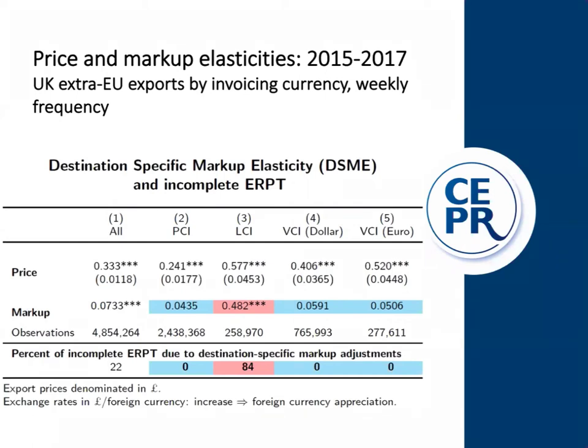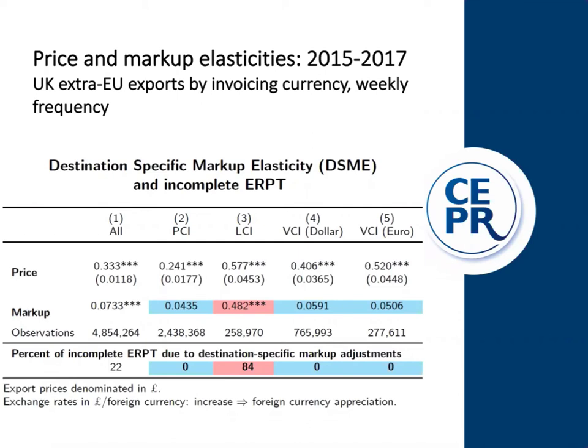Interestingly, for other currencies, so if a firm is invoicing in US dollar, if they're invoicing in euro, or if they're invoicing in pound sterling, the differences in the prices they charge across markets is very, very small. And when there are exchange rate movements, they're not differentially changing their markups across different destinations. And so what this says is that when we might see incomplete pass-through in these cases, it's not due to the firm selectively changing the markups in different destinations.